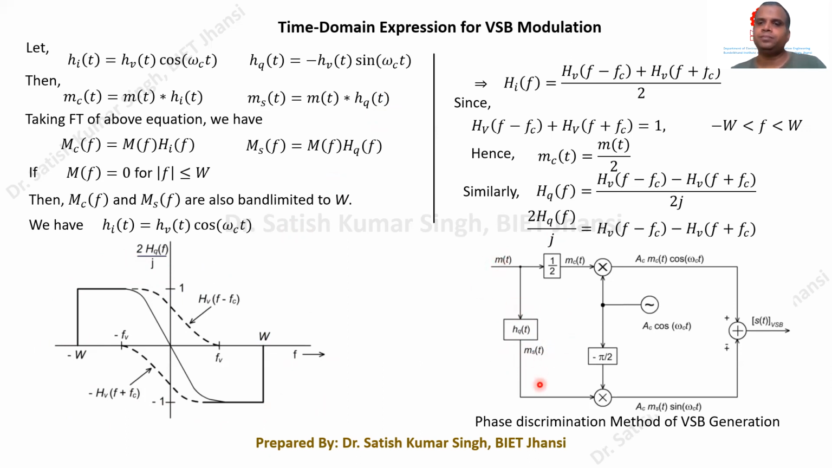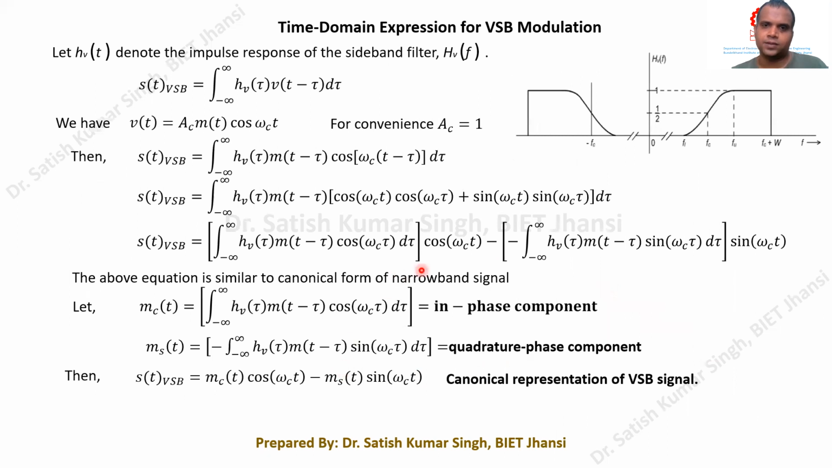Then we take the carrier AC cos omega CT, and we take a quadrature carrier by having a 90-degree phase shifter. We multiply, and to get this particular result, we get AC MC(t) cos omega CT, and here we get AC MS(t) sin omega CT. After having this addition, if we take the negative sign, like in the previous equation, then we will be able to keep almost